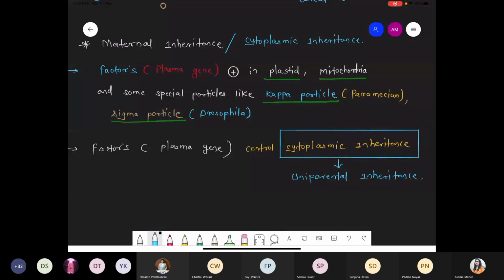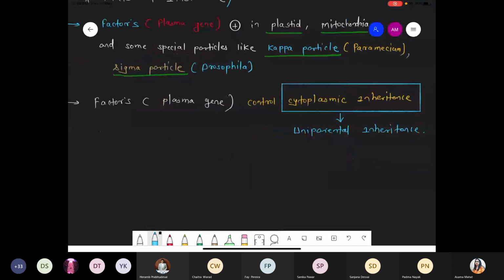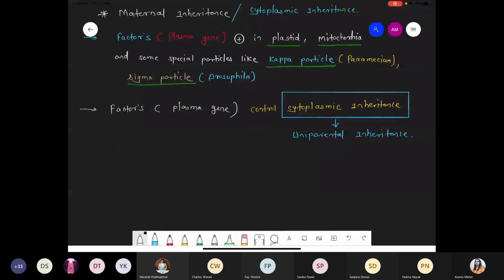So quickly we are taking a few examples, so we'll get an idea of what cytoplasmic inheritance means. Suppose the first example we are talking about is the presence of the mitochondria in yeast, that is Saccharomyces cerevisiae. Inside the yeast, there is a presence of the peptide character, right? Peptide is also called DARF. So the DARF character will get developed.